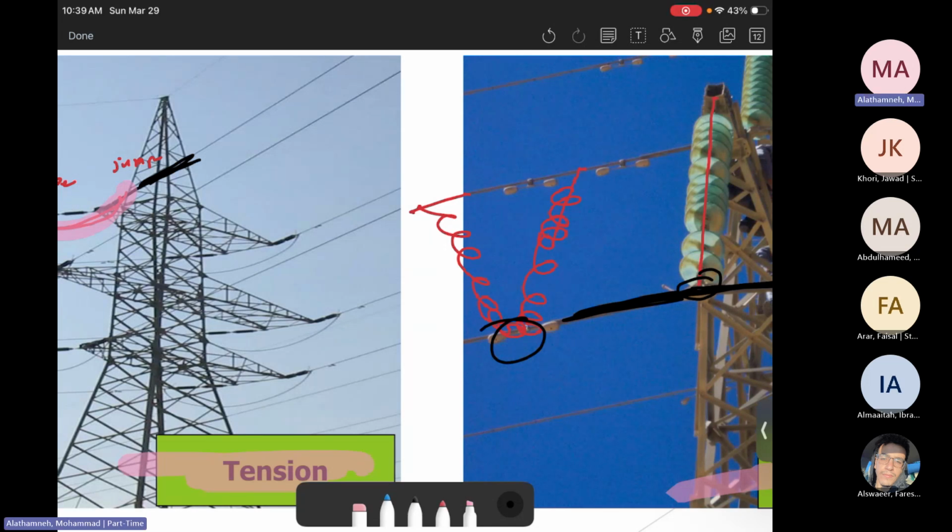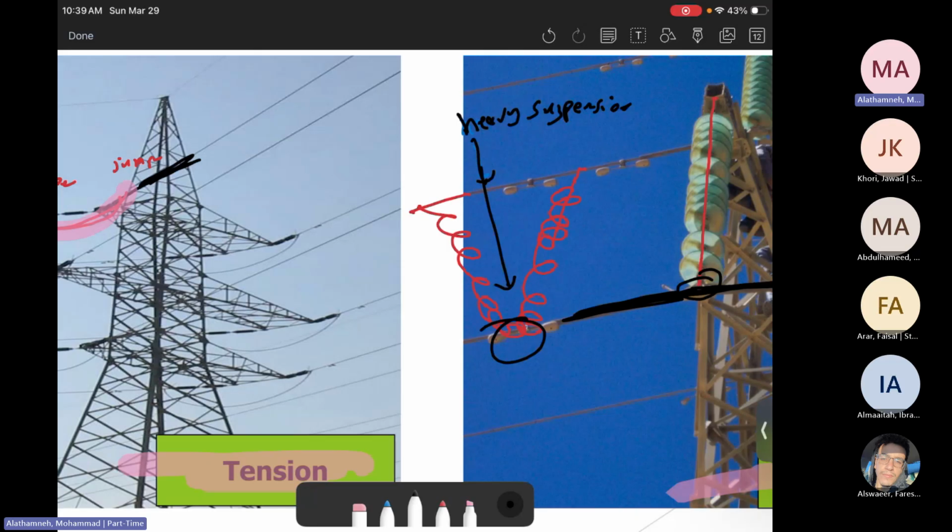Why are we doing this? What's the point of heavy suspension? Why are we not using plain suspension? It's used to provide more mechanical force. It can handle up to 120 kilonewton. And the main reason for using it is